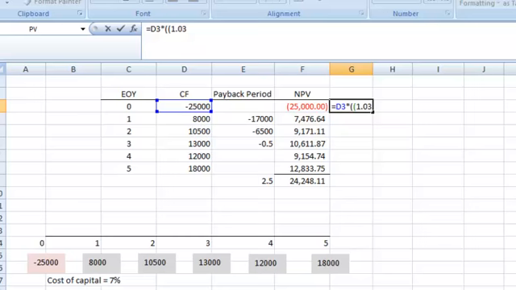And so it's 1 divided by 1.07. That's our discount rate. And we raise that